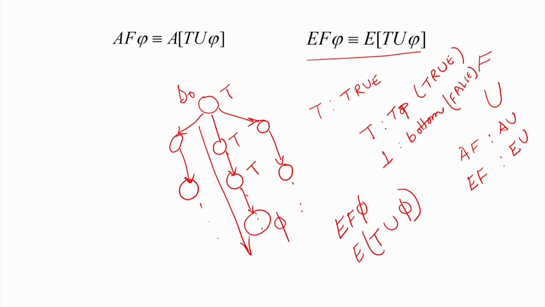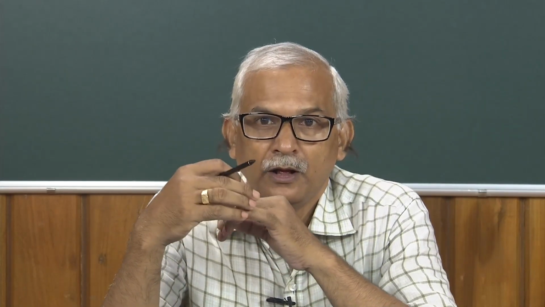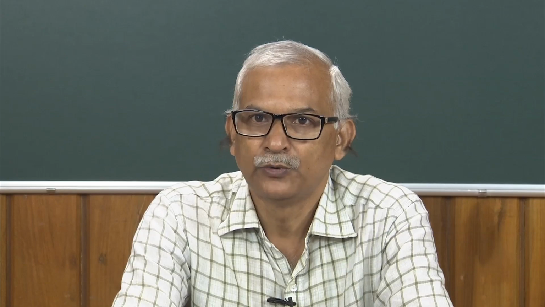There exists a path in future phi, which will be equivalent to there exists a path true until phi, and if some scenario prevails in all the paths, that in all paths in future phi is true, then this can be again written as A true until phi. So, this is another equivalence relationship we have. The relationship is between future and until operator, and path quantifiers have to be same. If it is A, then A F phi is equal to A true until phi and E F phi is equivalent to E true until phi.